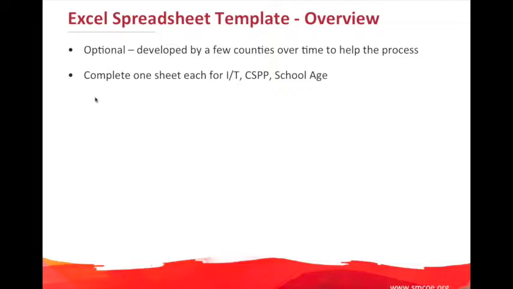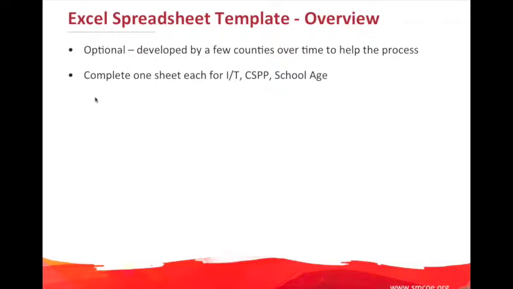So the very first thing that we've looked at is we created, as an association, a sample Excel spreadsheet template that I'll walk you through. This is not required, it's optional, and you never are going to want to submit this to CDE. They strictly want to know which are the zip codes. They don't want to know how you developed it. They just want to know the results of your process. You could come up with a modified template of your own, or do it in a different way.